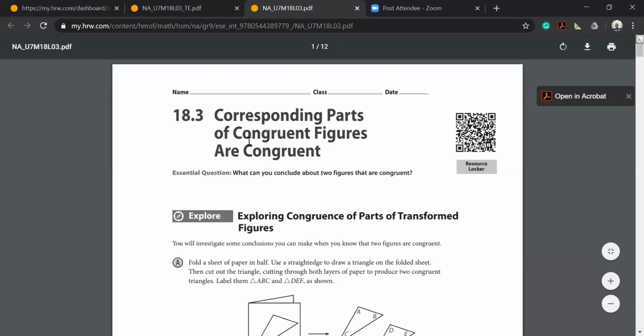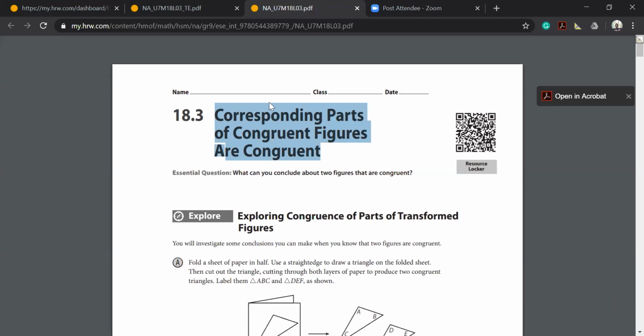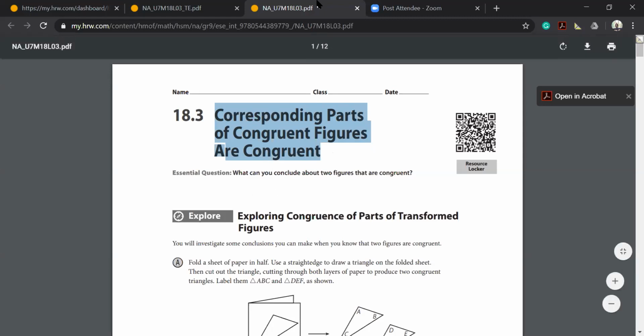Okay, corresponding parts of congruent figures are congruent. This is the most important sentence, and actually it is the headline of our lesson. First of all, what does corresponding mean? Corresponding means the same, I mean two things in front of each other. For example, when I write something like this,